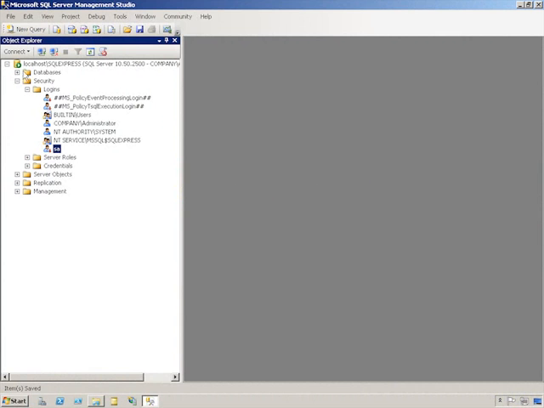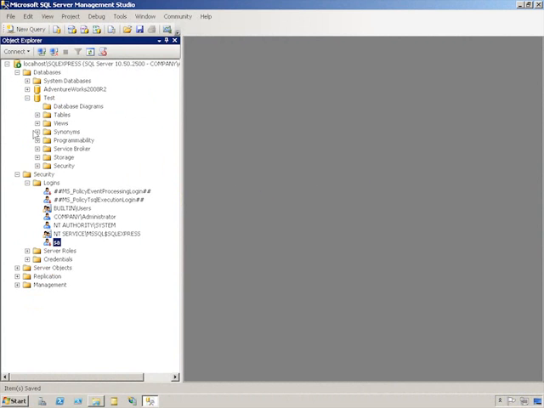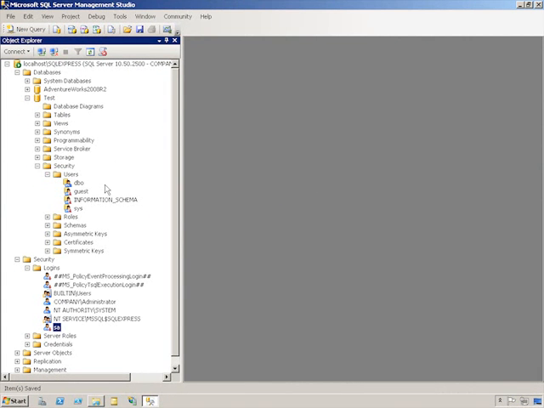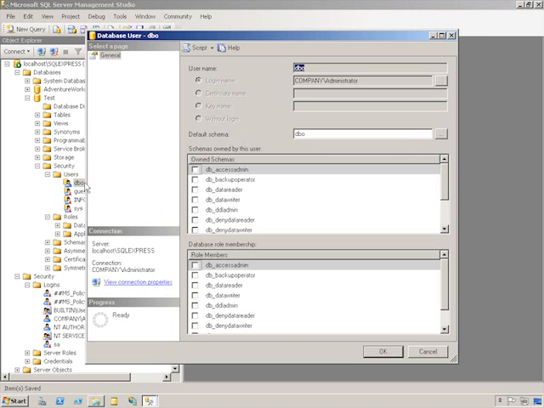Now we'll go back into the Databases folder and take a look. Well, let's stick with the test database here. We'll go into its security folder, and I can see all of the roles or users. So let's see, I've got this DBO user. Let's open that up and see what it is. This is mapped to the